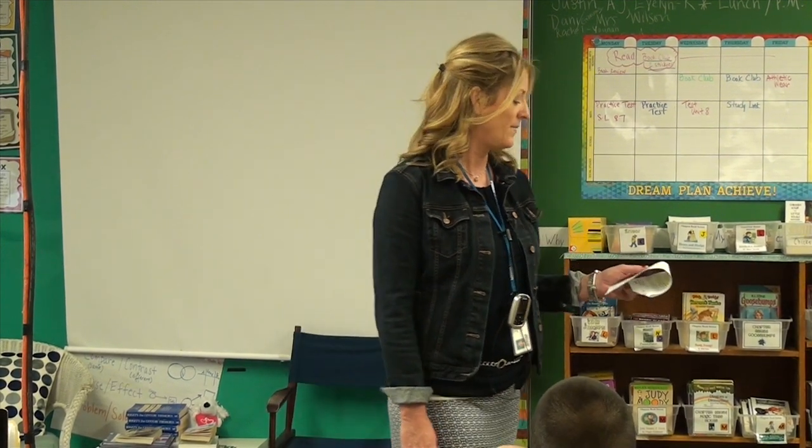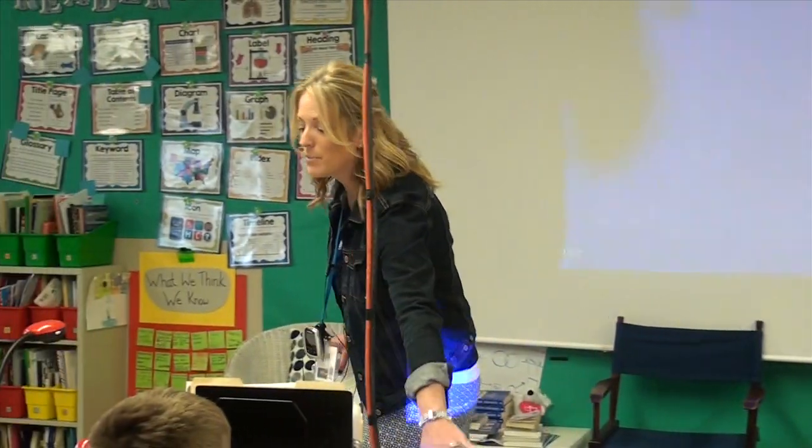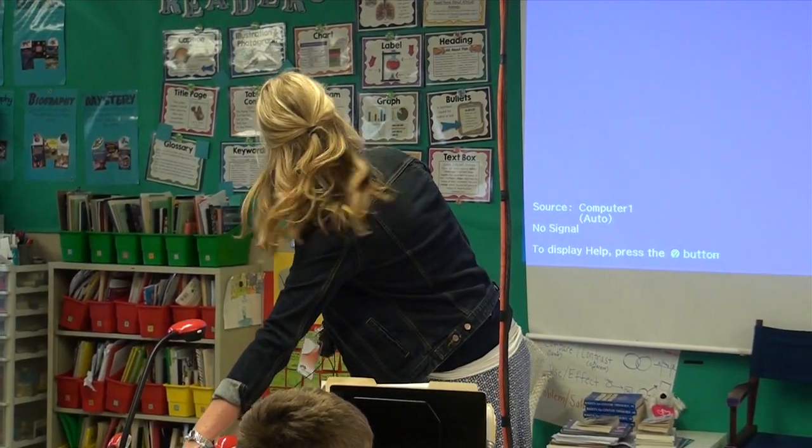Today we are going to be getting ready for the insect and spider performance task. Insects and spiders have some similarities and differences between them. You will help to complete a Venn diagram about the similarities and differences between spiders and insects. I'm going to show you a picture of